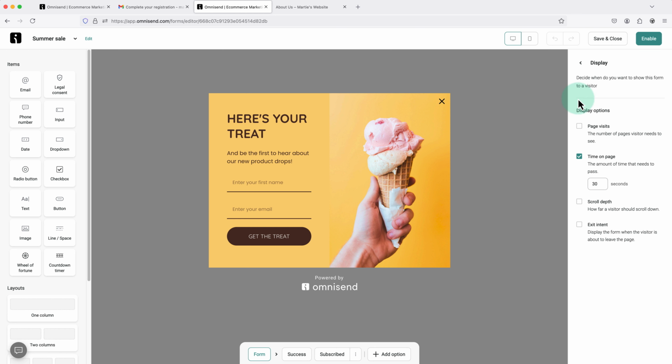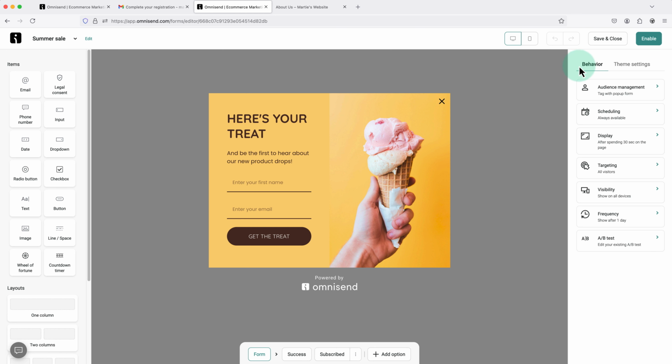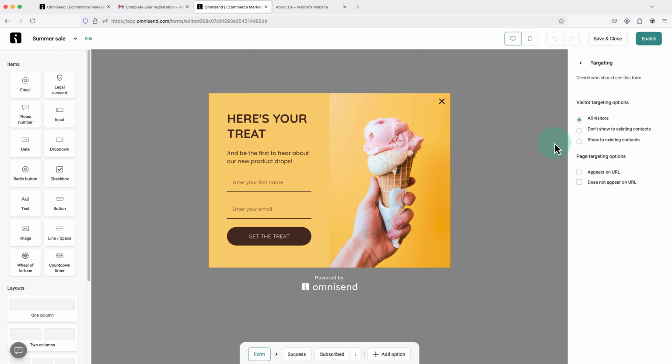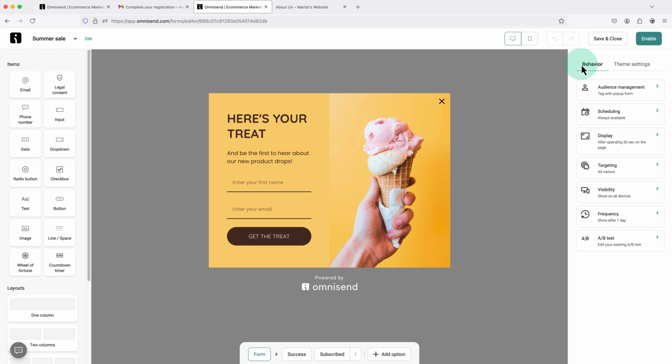Then if we click the back pointing arrow at the top and click into targeting, here we can choose if we want to show or hide our forms for existing contacts, so people who have already subscribed. Then under this we can set specific URLs to show or hide our form on. And now if we click the back arrow to get back to the options,